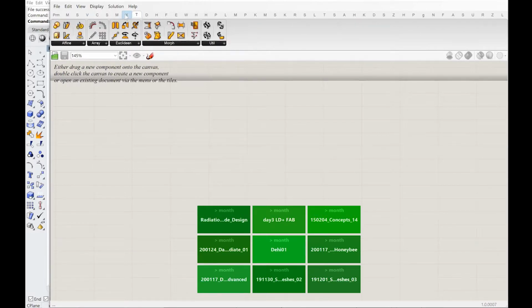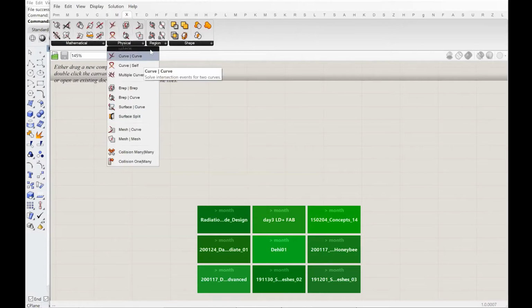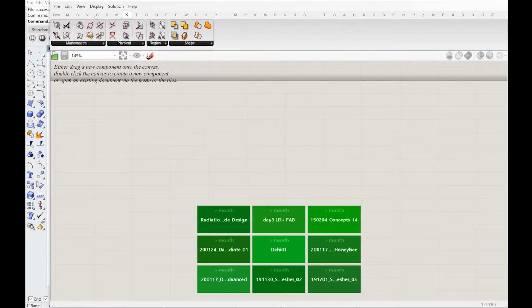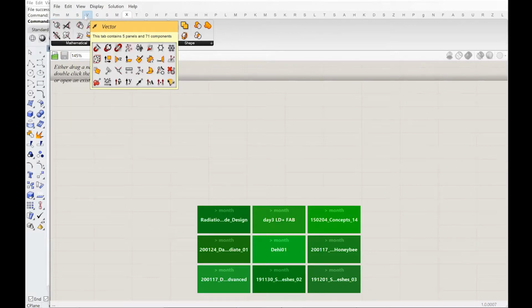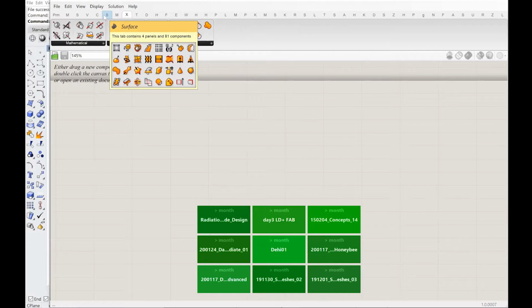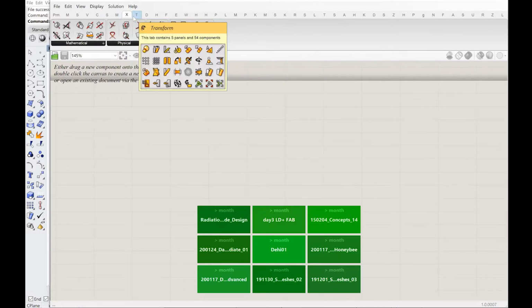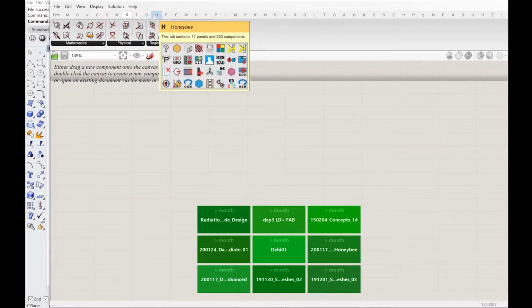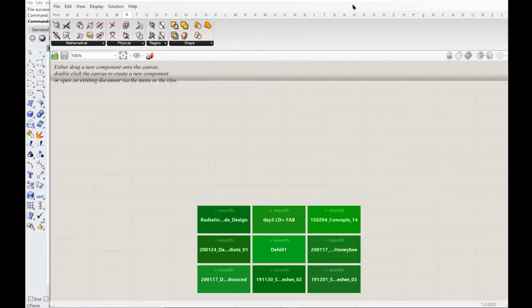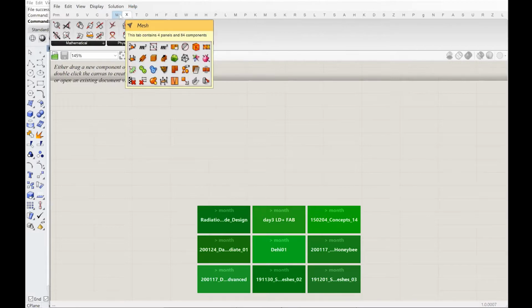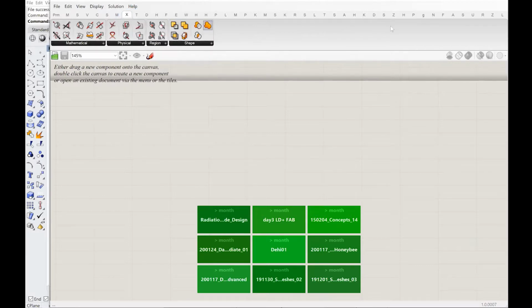So all of these components have these components. If I drop down, I can see the parameters, mathematics, sets, vectors, curves, surfaces, meshes, intersect, transform, display, and the rest is all kind of extra additional components that I have. Most of them are for testing. Most of them are useless. I would never recommend you to pile up your Grasshopper like this, how I have done. I'm highly disorganized in this aspect.